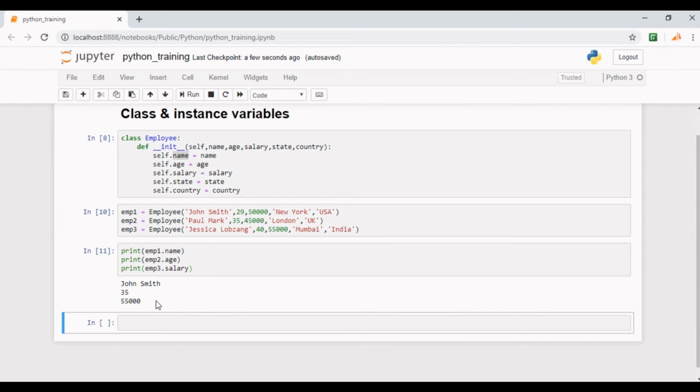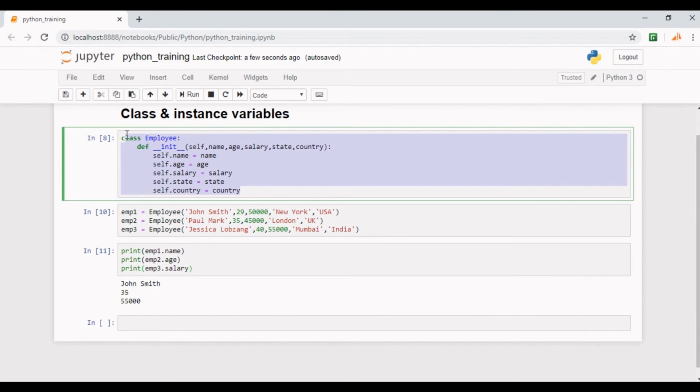Also, we have reduced the code to a good extent by having the reusable code in a single block, that is class employee. The variables which are associated to a particular method are called instance variables. So here these 5 variables are instance variables. These are also called data or attributes of the object. As you know, a class is a collection of data and methods using which we perform some operation on the data. And now you have got the idea of data or attributes.